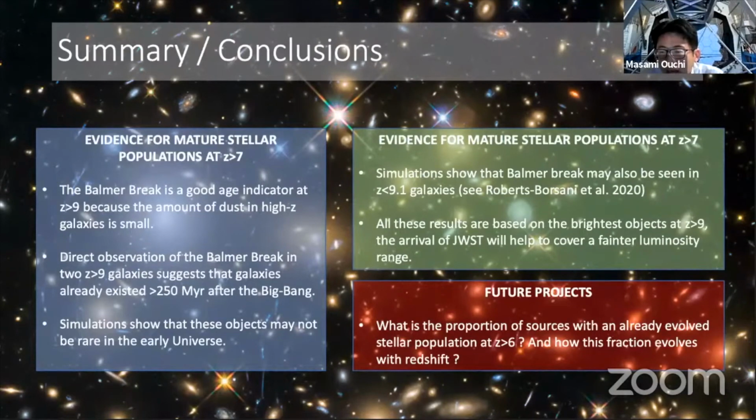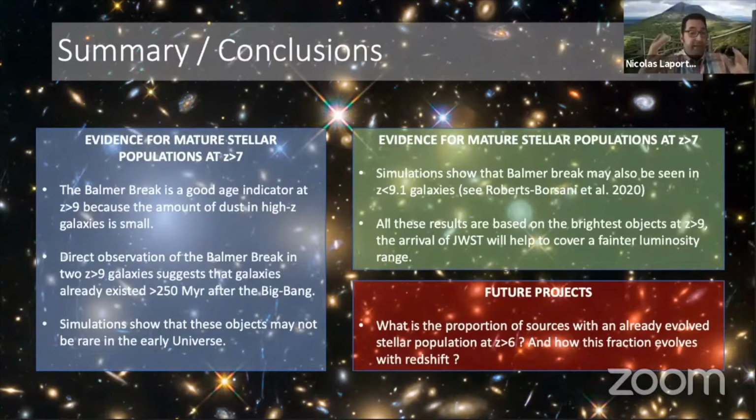Could you elaborate on your argument about how Lyman alpha detections or non-detections support the stellar population being old? True. Well, the idea is just to say that if we are at redshift, let's say 9 or 10, and we detect Lyman alpha, it just means that the galaxy had time to ionize the neutral hydrogen in its surroundings. So this is the argument. If you can detect Lyman alpha in such a high redshift object, that's one hypothesis.